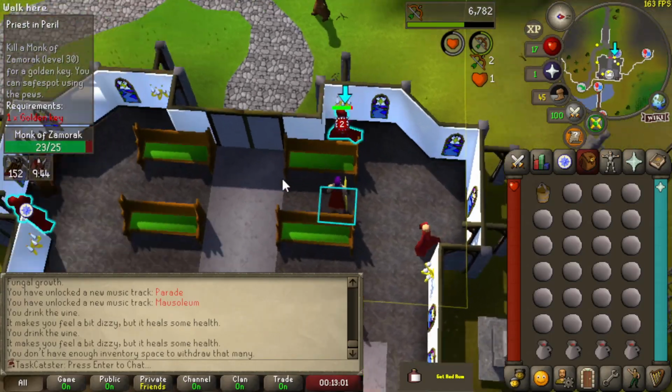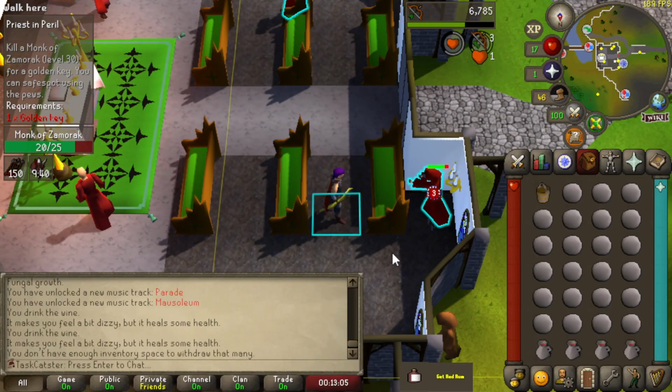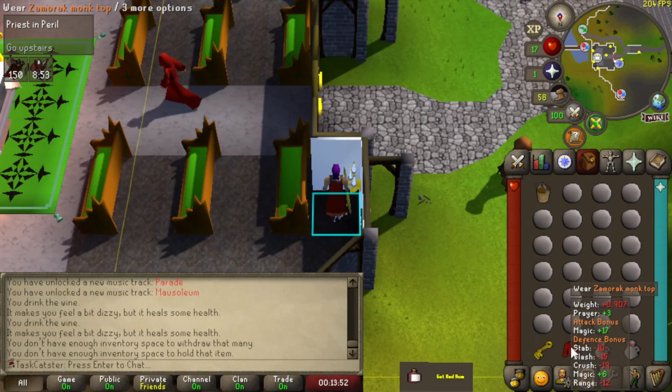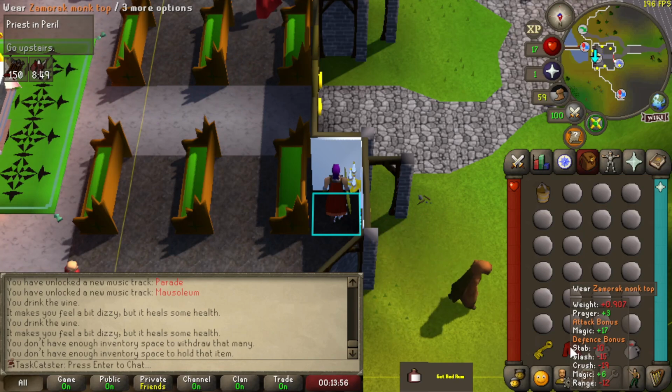I don't know if it uses magic. It does not. Okay, cool, so we didn't even need the food. I could drop these wines if I need to. We got a rope top as well, so that's pretty cool. A little magic